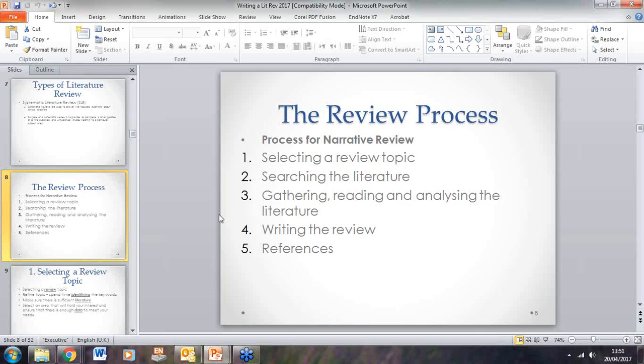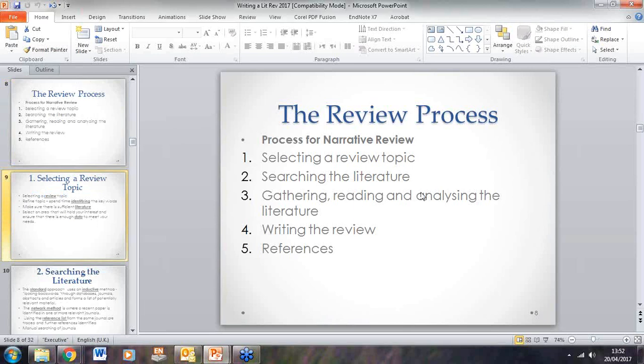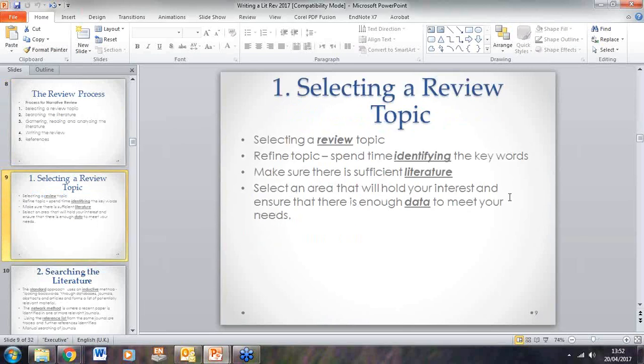So the review process, and I'm aware that most of you know this. You're selecting a review topic, so you've selected your topic, and all of you have pretty clear ideas of what your review topic or research topic is going to be, and you start searching the literature. So you're gathering, you're reading, you're analysing, and you're writing a review. So selecting a topic. When you go to your Primo search,